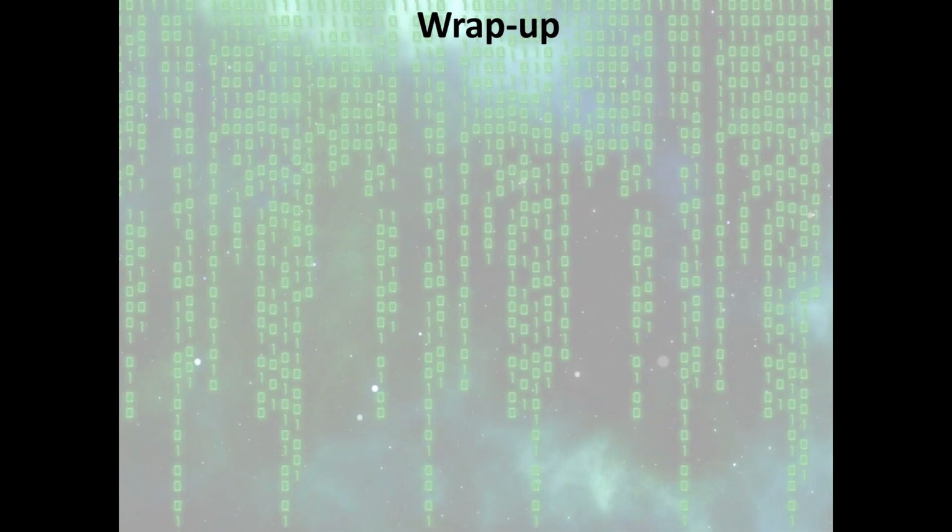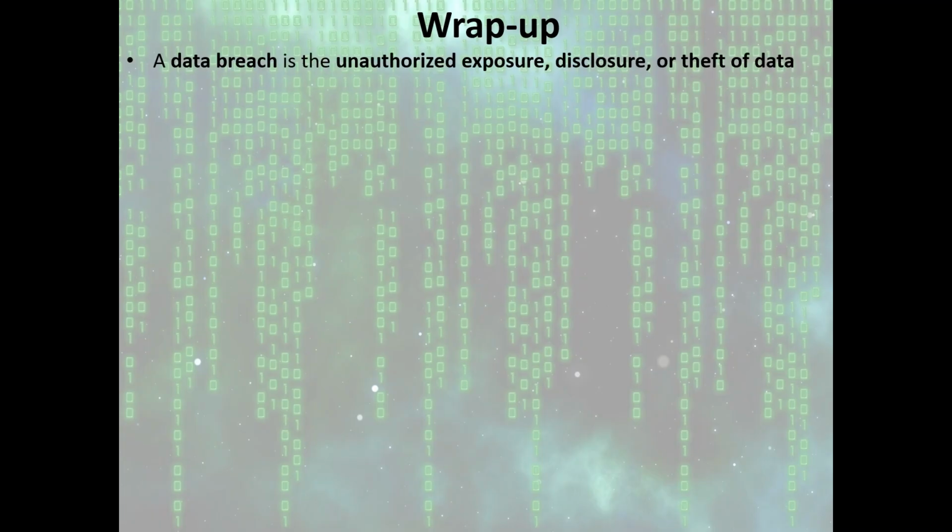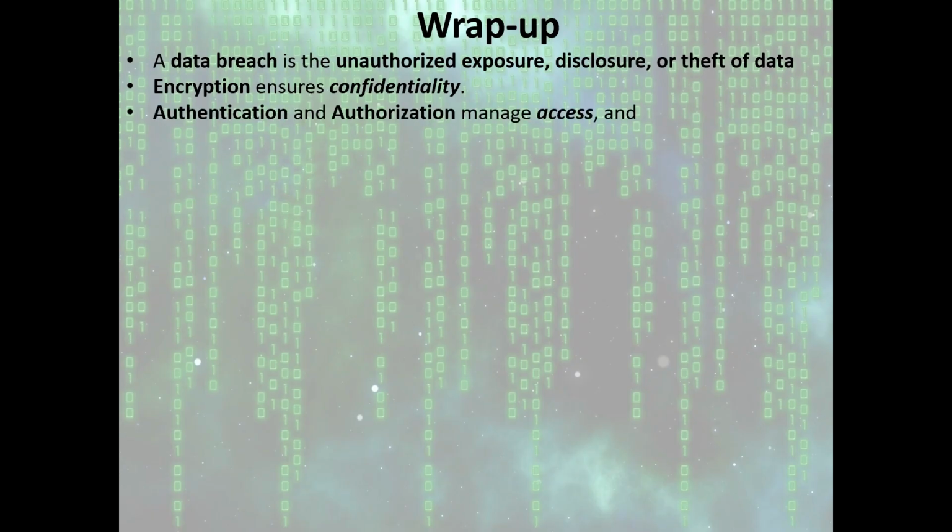So we come to the end with this wrap up. We started by talking about a breach, when we said a breach is the unauthorized exposure, disclosure, or theft of data. We also saw that system and data security relies on multiple complementary systems like encryption, which ensures confidentiality, authentication and authorization, which manage access, and cryptographic hashing. We protect